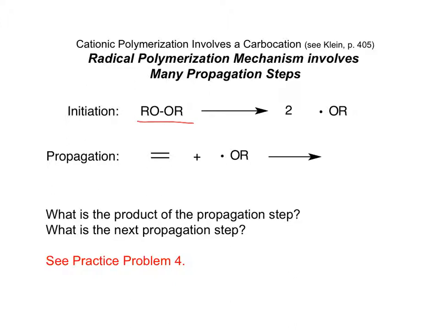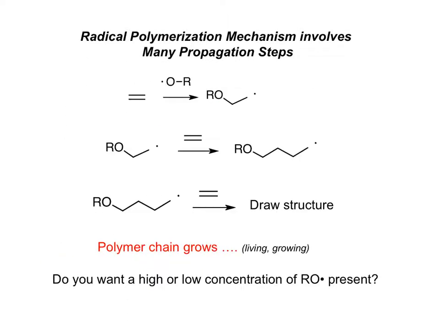So stop the video and determine the product of the first propagation step, then determine what the next propagation step is. To make polyethylene from ethylene, here's what happens in the first propagation step. In the second propagation step, the radical from the first propagation step reacts with another ethylene molecule and adds 2